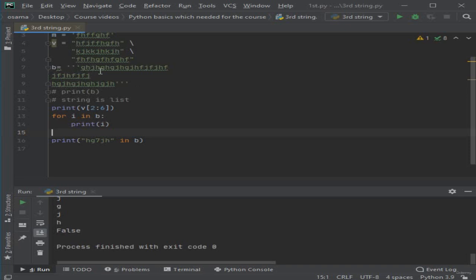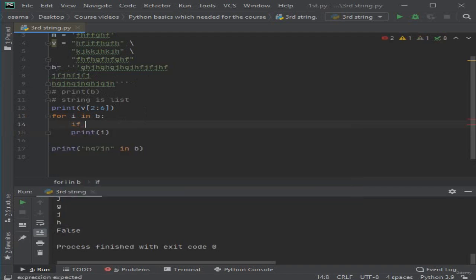So I want Python to print all letters in string B except the letter F. So I will loop for this string, and inside the loop I will tell Python if the letter F exists in the string B,